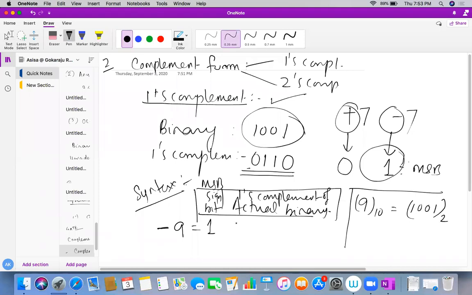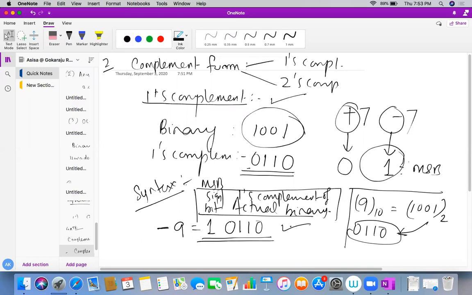To find the 1s complement of 1001, it is 0110. So I just write down 0110. This is the representation of -9 using the 1s complement technique.